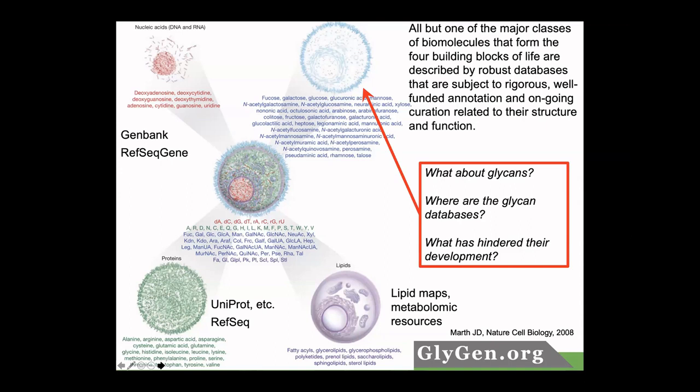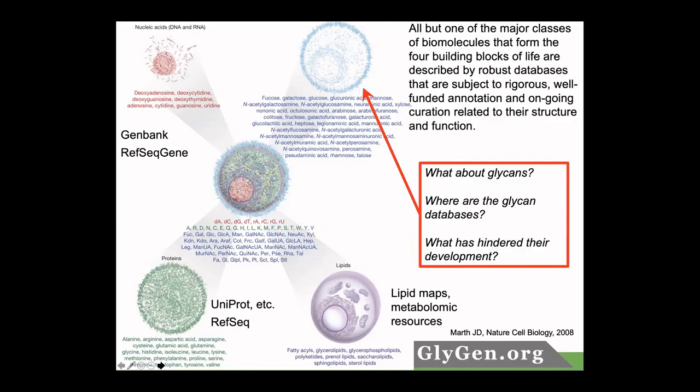I think there's really 2 main reasons that glycan database development has been slower, other than just there are fewer people working on it. I think one of the reasons that we all appreciate is the structural complexity of these molecules outcompetes the structural complexity of any of these other classes of molecules. Branching, linkage position, anomericity, all of these things mean that glycans are not simple linear polymers, but have a much more complex chemical nature that requires a different way of describing the molecule as opposed to a linear polymer that's more easily